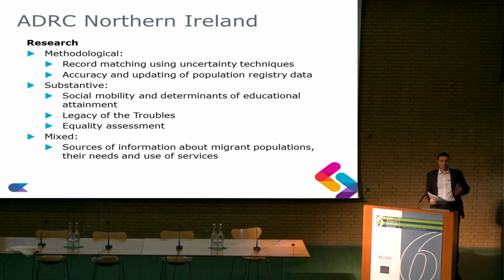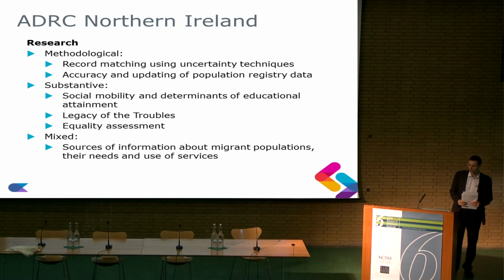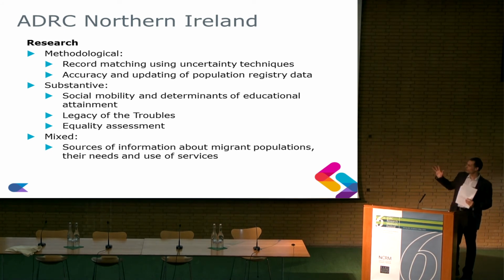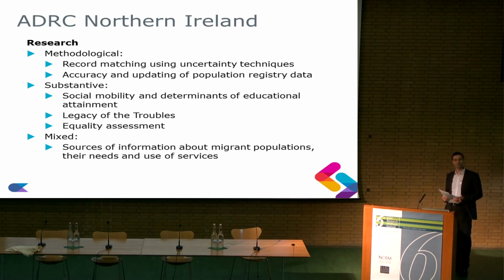There are certain things that they feel in Northern Ireland that they're in a place to work on, which is social mobility, determinants of educational attainment. At the meeting last week, there was an argument or discussion about who was the most deprived area of the UK. So Dermot was claiming that there are some areas of deprivation in Northern Ireland that can be the focus of the research. Clearly, the legacy of the Troubles is something very specific to Northern Ireland, and equality assessment, I've talked a bit about that.